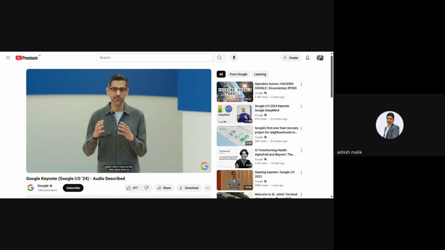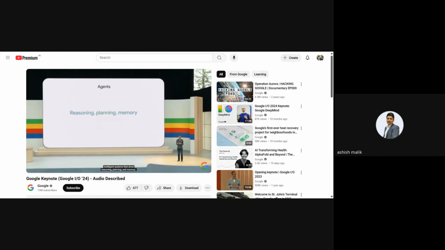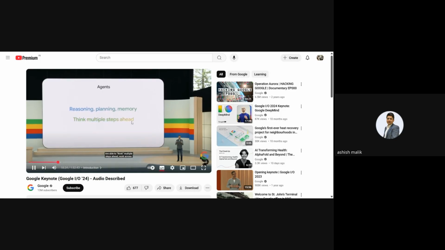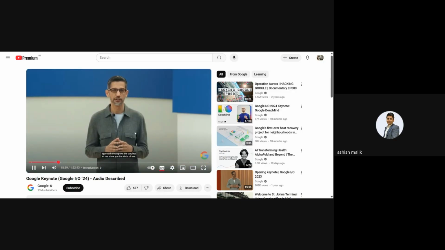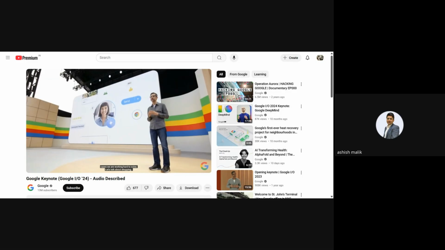I think about them as intelligent systems that show reasoning, planning, and memory, are able to think multiple steps ahead, work across software and systems, all to get something done on your behalf, and most importantly, under your supervision. We are still in the early days, and you'll see glimpses of our approach throughout the day. But let me show you the kinds of use cases we are working hard to solve.